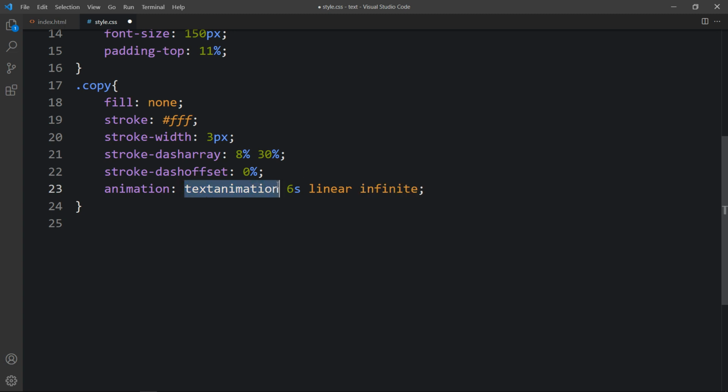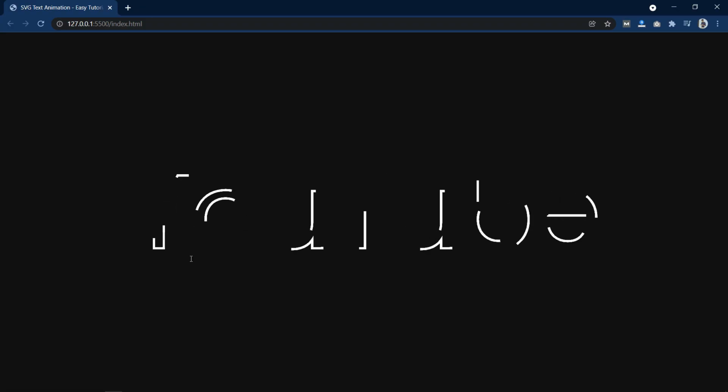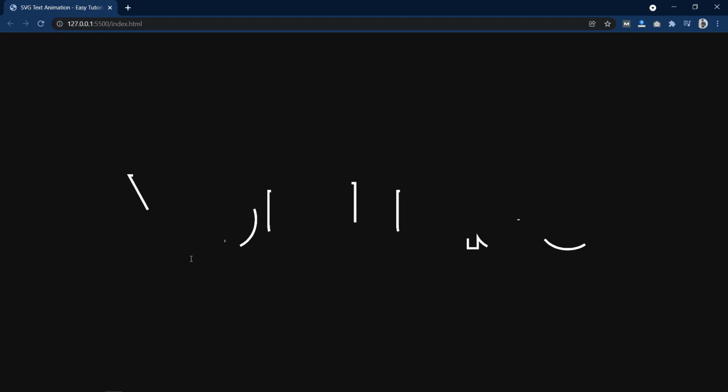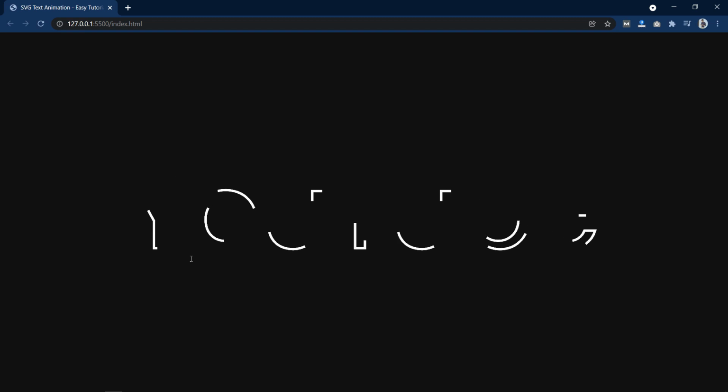Now we will add the keyframes for this animation. 100%, and copy this one, stroke dash offset, it will be -35%. After that you can see the animation in this text.